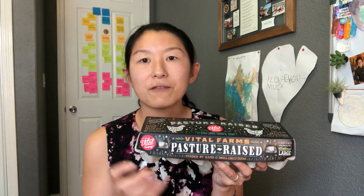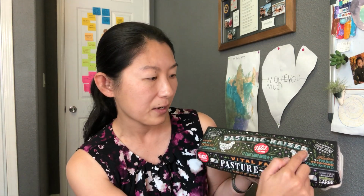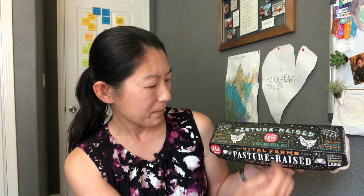And then a few years ago, along came a few brands, and one in particular I wanted to talk about today, which, you might be familiar with them, Vital Farms brand eggs. And Vital Farms, as you can see from the packaging here, right, this doesn't look like a traditional egg carton. Like the bottom part still is, you still got that gray cardboard there, but look at this beautiful branding here at the top, right? With what looks like hand lettering, chalk drawings, and just like all these fun, whimsical little